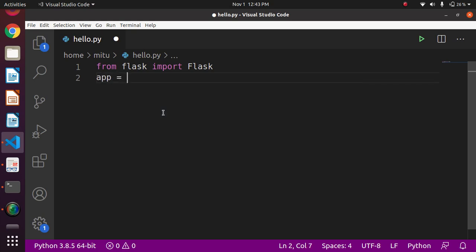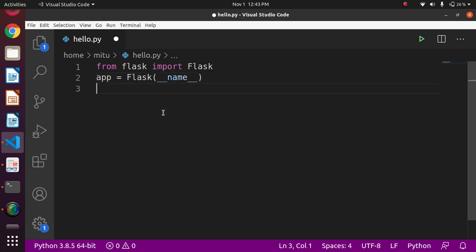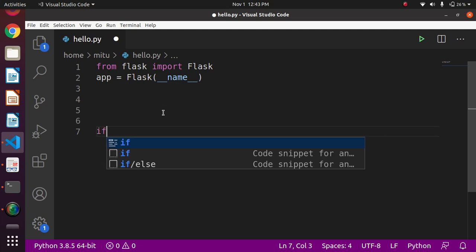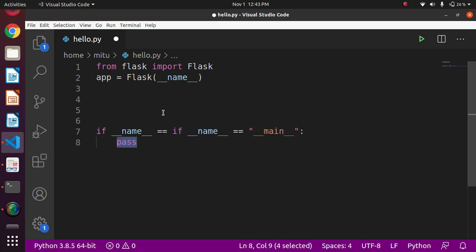Then we have to create the object of the Flask class, the app object, with the name. __name__ is a special variable in Python which stores the name of the module, which by default is __main__. So we'll check: if __name__ is equal to __main__, then